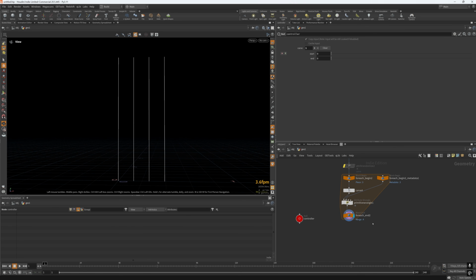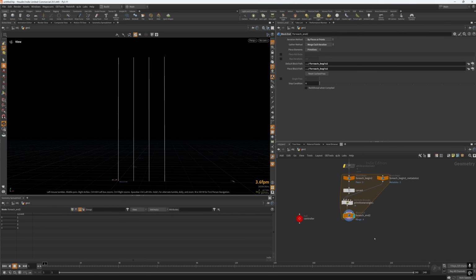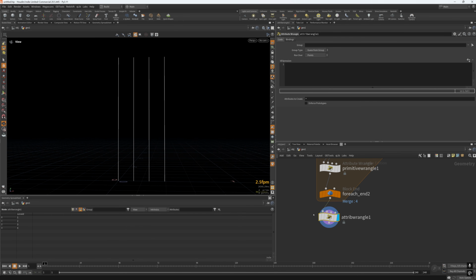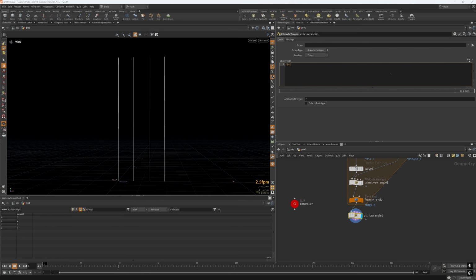And what we're going to do is feed this carve. Actually, no. I don't even know if we need the for each on this, because what we could do is we can iterate. Well, let me build it this way first. So this wrangle, we need to get this data and turn it into attributes that we're going to use to carve with. So float at start u equals channel, and this is going to be